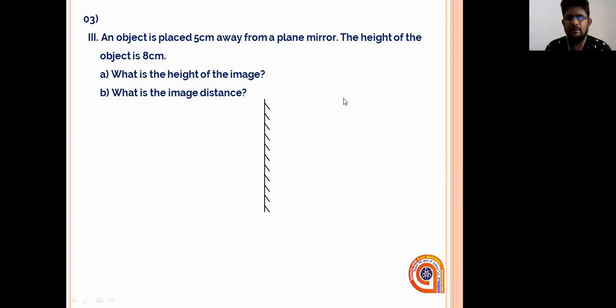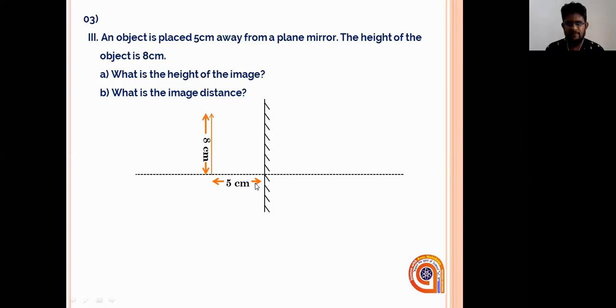First, I am drawing the plane mirror, right? On the plane mirror, I'm going to mark the perpendicular, the principal axis here, where we are keeping the object. So now at 5 centimeter distance, why have I taken the distance on this side? Because you can see that is the reflecting surface side. Okay. So at 5 centimeter distance, I'm drawing an object. The object is 8 centimeters. We have already discussed the characteristics. Object size is equal to the image size. Object distance is equal to the image distance. Accordingly, at 5 centimeter image distance, there will be an image formed, and that is also 8 centimeters.